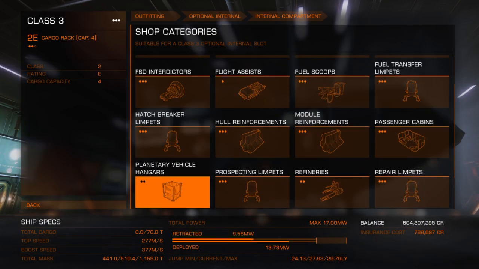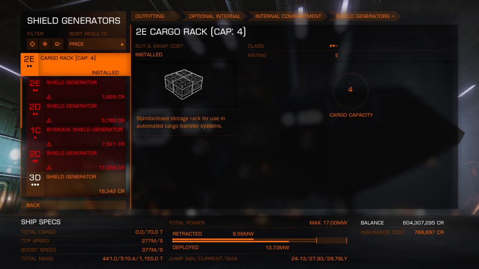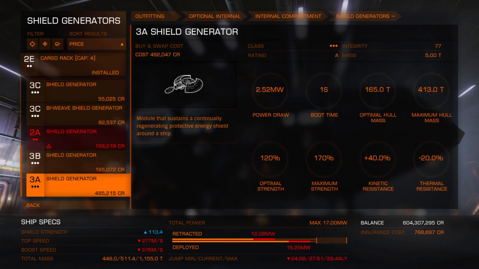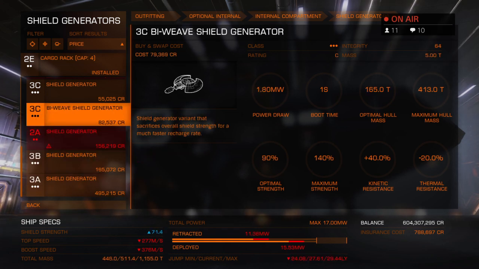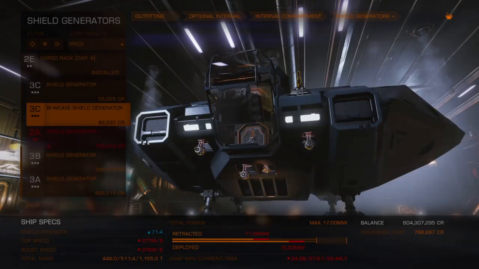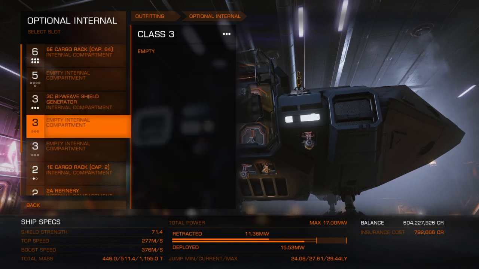So what was I doing? Oh yeah, putting a shield on. You don't have to mine with a shield. I tend to do it because if you crash into an asteroid, this shield will save you from bending the ship. Let's see if a bi-weave will be a little bit more power efficient. It will. I might have to engineer the power plant on this. I'm starting to run out. Okay. Let's see. Got my refinery. I think what I'm going to do here is put